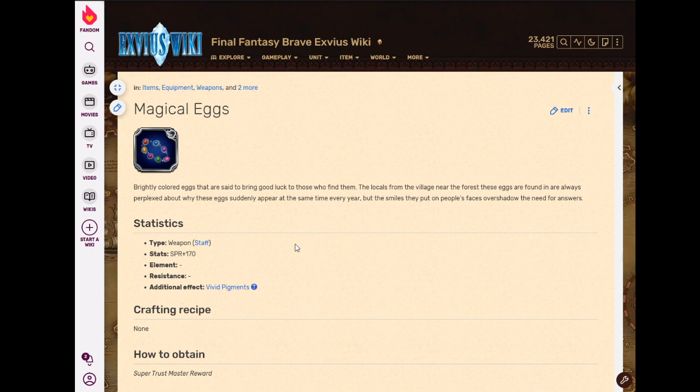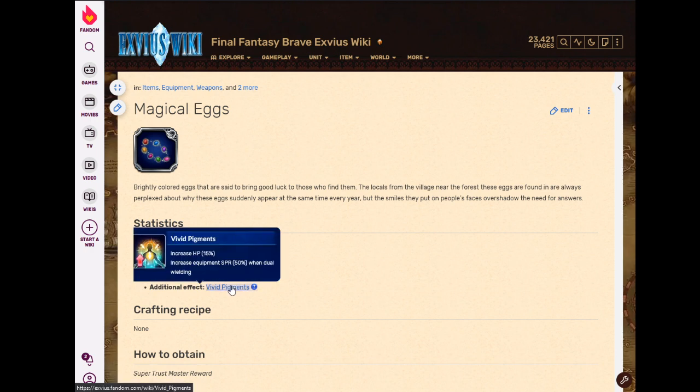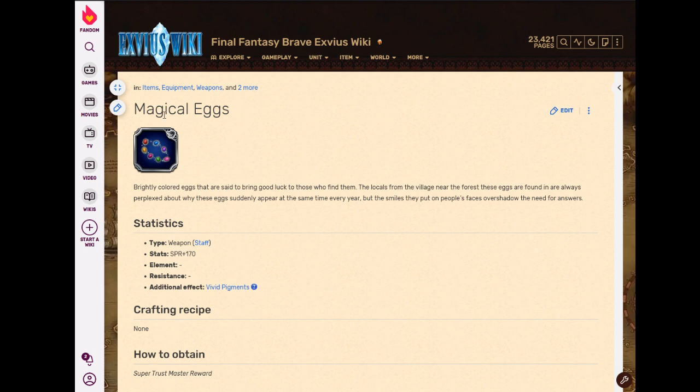And then the worst would be Biggs and Wedge's gun, just because the item world on guns is attack power, no spirit. You can't get high HP or high spirit through item world on Biggs and Wedge. But it does give more true dual wield. It gives 75%. This is only 50. And it gives 15% HP as a bonus. So this is